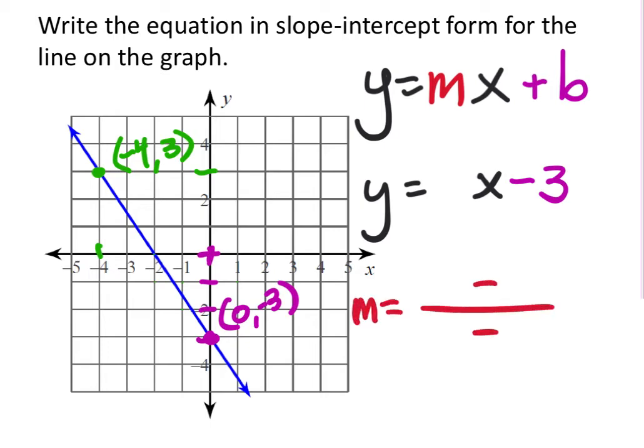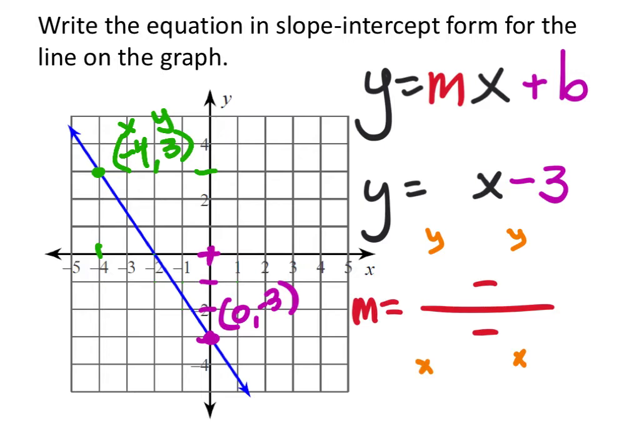Hopefully this sounds familiar. Right, where it would say you've got a y value minus a y value over an x value minus the x value, okay? Well, where do these x and y values come from? They come from the 2 ordered pairs that we have on the graph. So if I look at the green ordered pair, x is -4 and y is 3. So I replace that into this formula, and it doesn't matter which one I replace them with, as long as